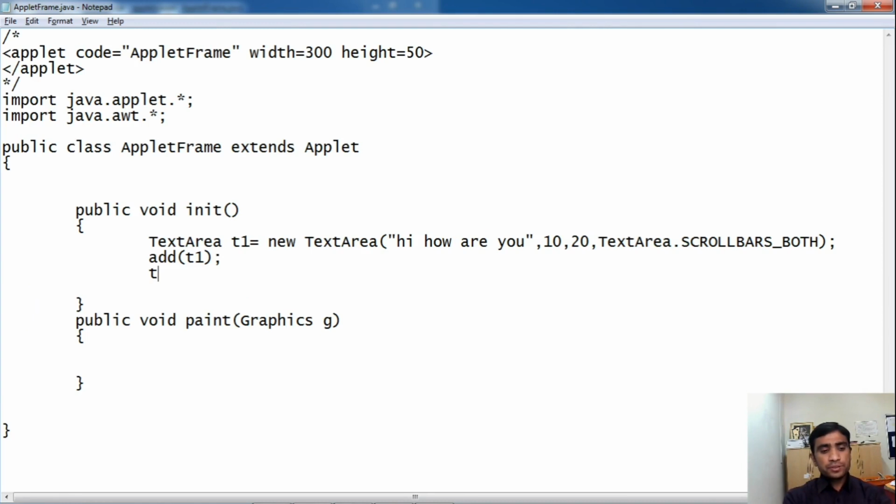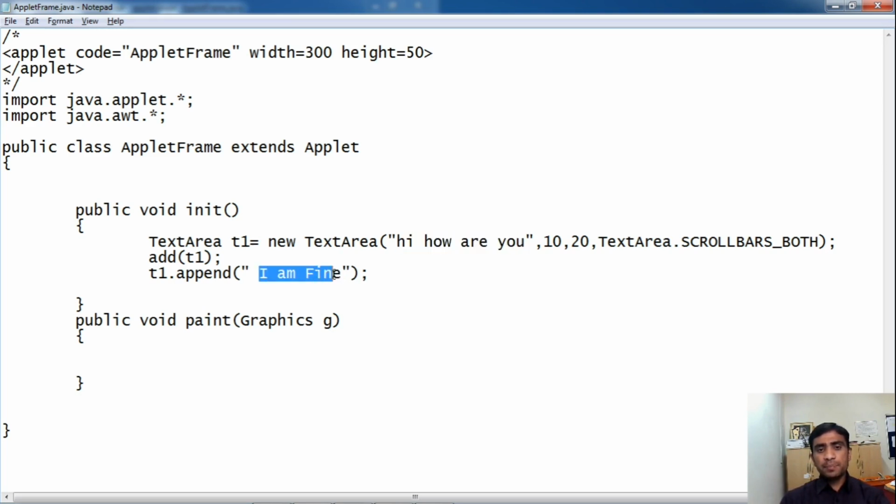Now let us use methods of text area. The first method is t1.append, in brackets, double quote, I am fine, double quote close, semicolon. Now this method will append this text to the text area, and the default text is, Hi, how are you?